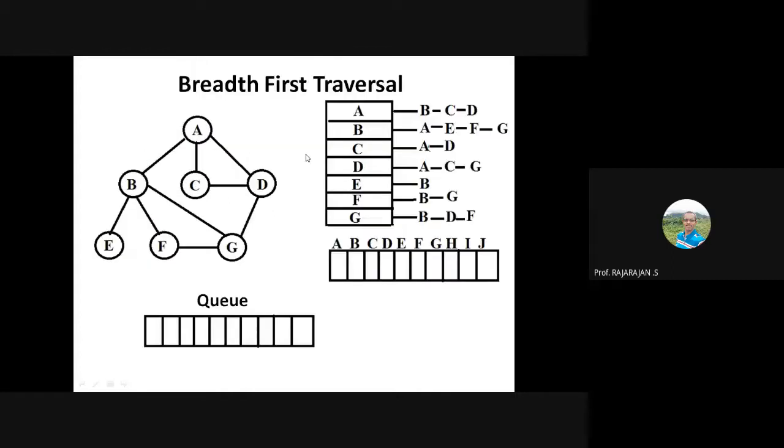Now let us look at a different traversal algorithm, which is breadth first traversal. See, the only difference you have to remember is that I have just replaced the stack with a queue. Nothing else changes. The same procedure, but the result will be different. That is the power of data structure. So when you change the data structure from stack to queue, it becomes a totally different algorithm.